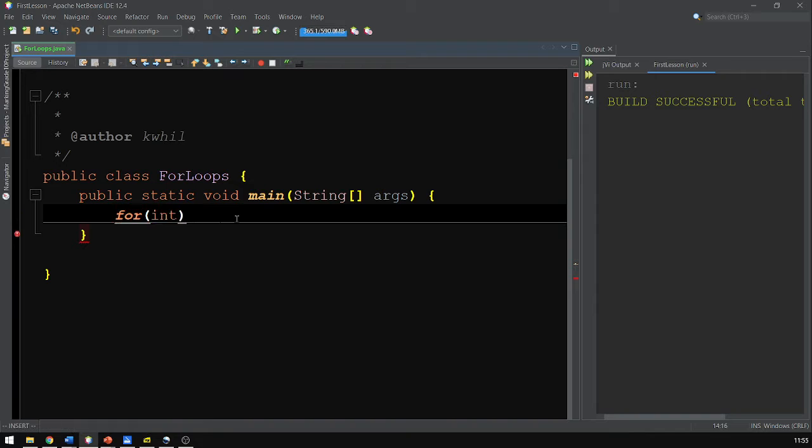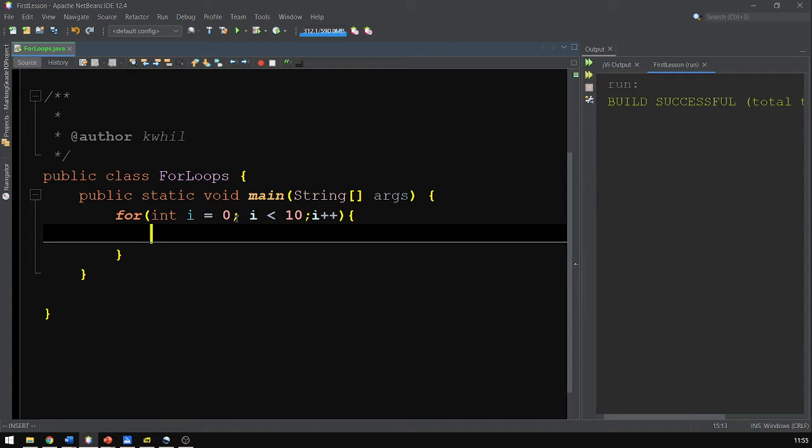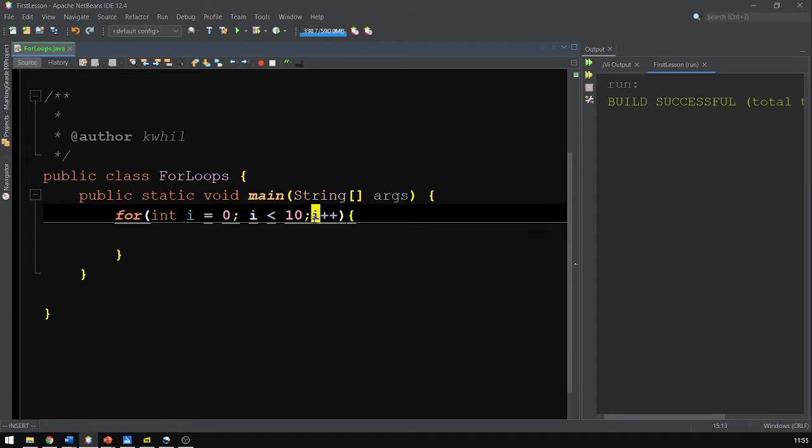Then we're going to make a value inside the for loop. So this is local to only the for loop. And it's going to be I, and I want it to loop now 10 times. This is then our conditional, so it's saying while I is less than 10, we're going to keep looping through. As soon as I gets greater than that, it's going to change. So we say I plus plus, which just means every time we loop through, I is going to be incremented